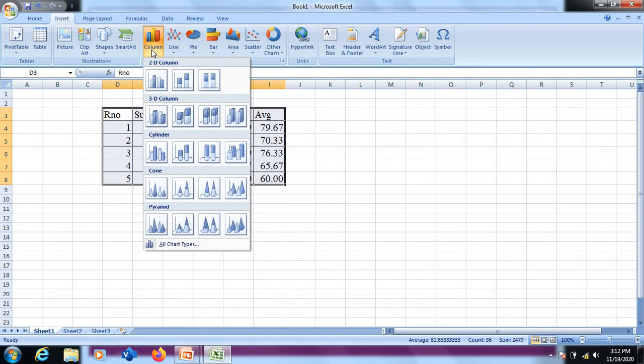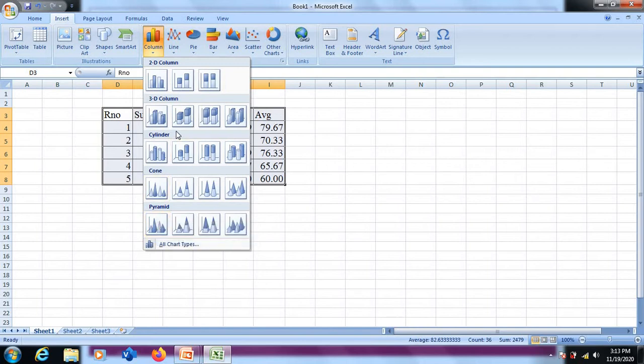In column chart, not only in column chart but in all the chart categories, we have subcategories available. These are the different patterns with which we can display a particular chart. So in column chart we have 2D column chart, 3D column chart, we can have cylinder, cone, or pyramid column chart.